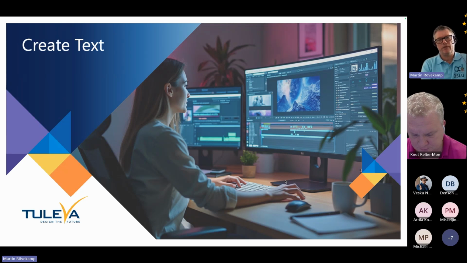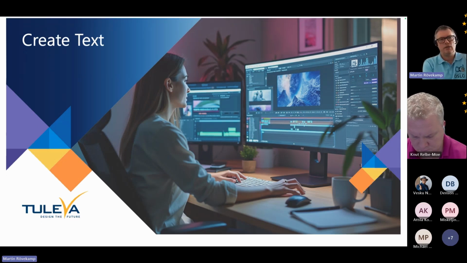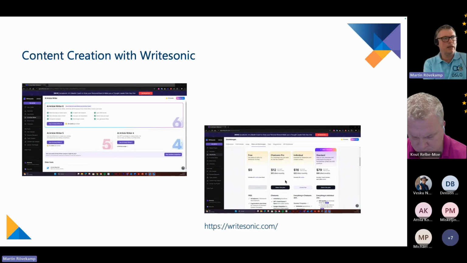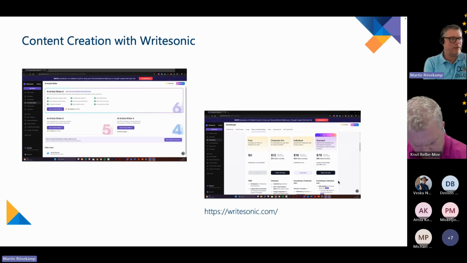Sure. The first way I created text was with Copilot or ChatGPT or YandexGPT. But I would like to show another tool which is used by my colleague, and that's WriteSonic. WriteSonic is a website where you can have different plans, like you start with $0, but you can also go to the professional one, like $80 a month, and you can choose between different